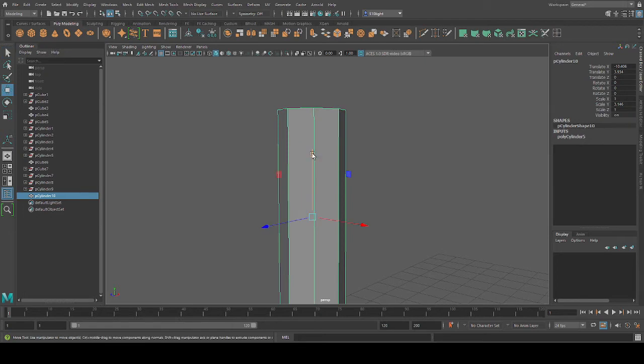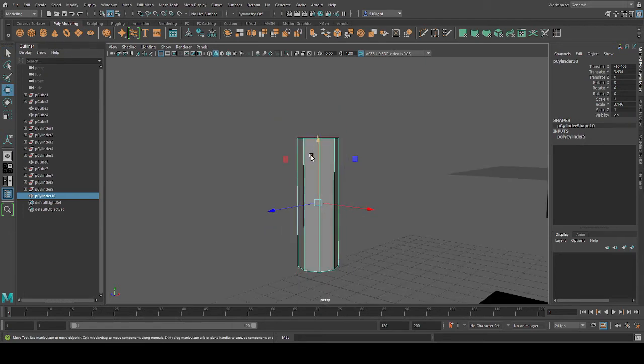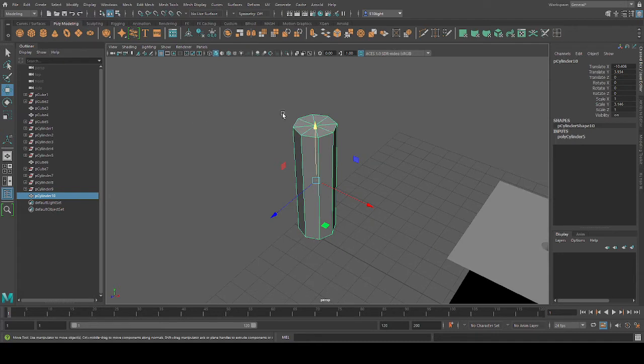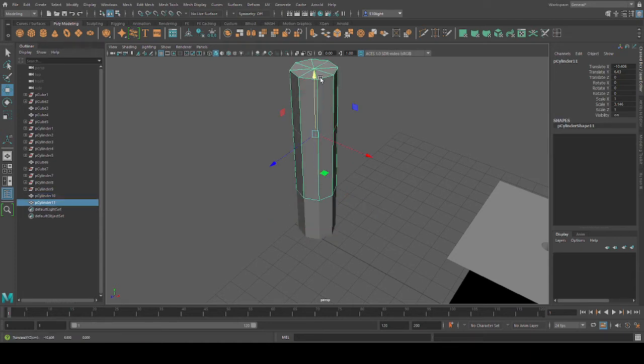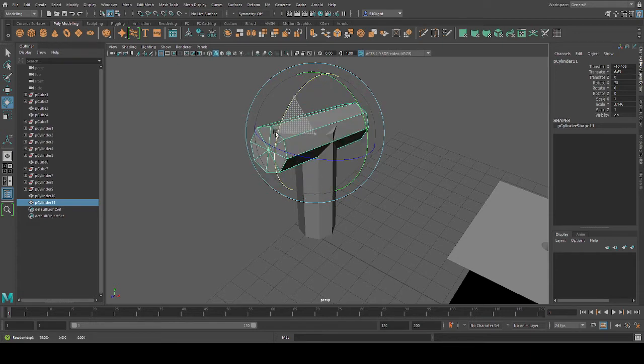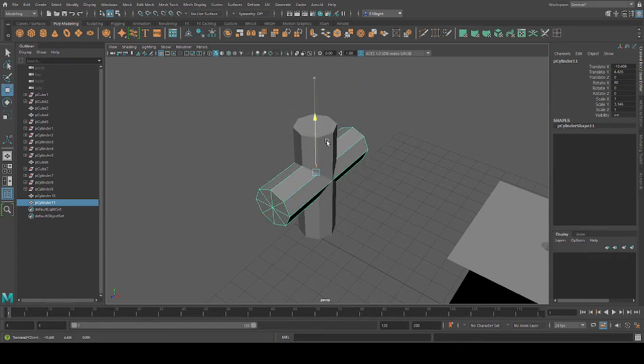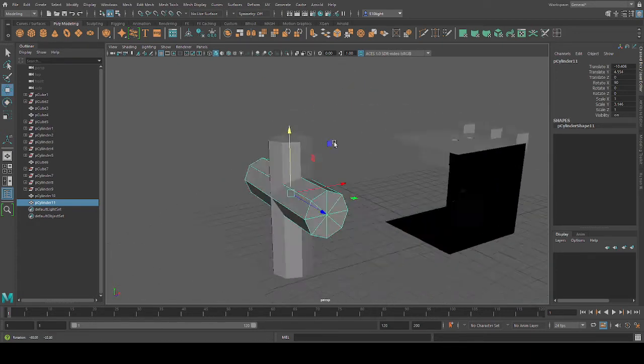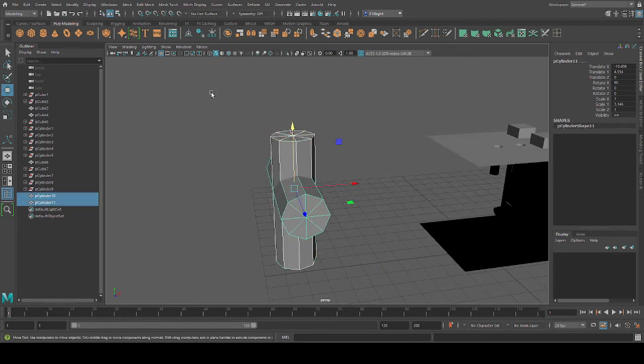Also, if you start with a low poly eight-sided cylinder, it's easier for you to control and model and then connect edges, because there's less you need to concern yourself with, since it doesn't have that many sides. So okay, so let's